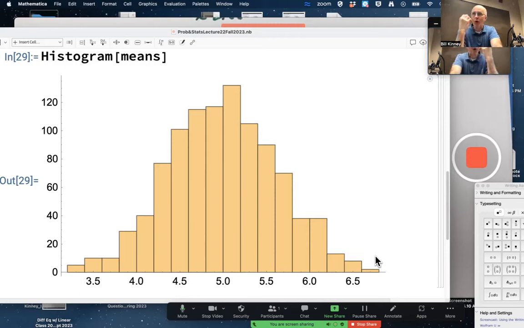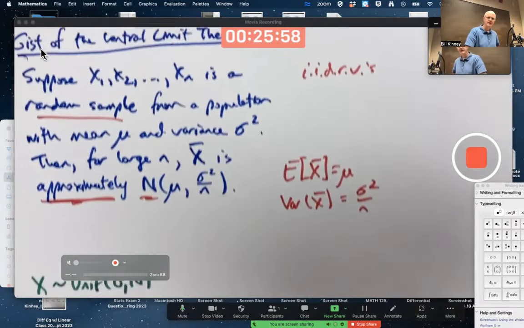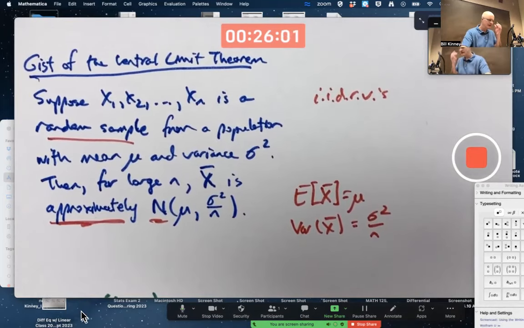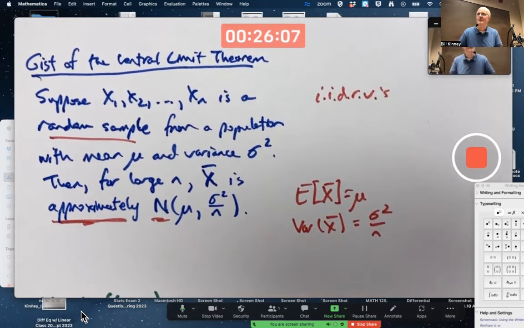So the point there, both with the spreadsheet and Mathematica, is to illustrate the central limit theorem, its truth, and likewise, at the same time, to try to understand it better. What is it saying? This is an approximation, effectively, to the sampling distribution of capital X bar. And it also doesn't matter whether the background distribution is continuous or discrete. You could still say the gist of the central limit theorem is, quote unquote, true. Good enough for approximations. Good enough for applied math.